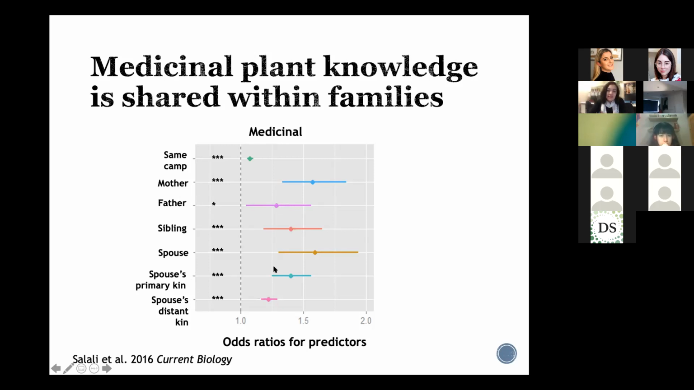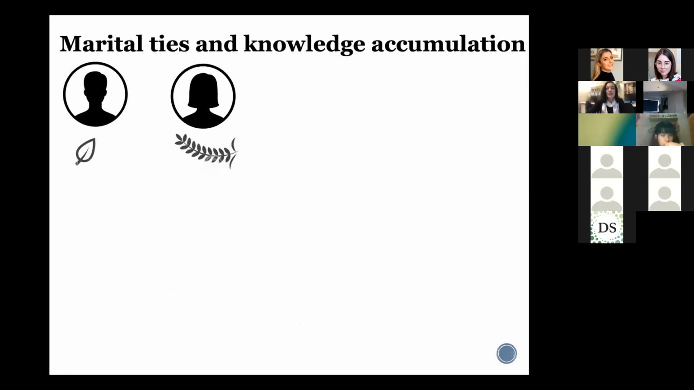So as you can see here, the largest odds was between spouses. So spouses shared a lot of knowledge, and mothers and children, of course. But interestingly, not only spouses, but spouses' primary kin and distant kin as well. So you shared medicinal plant knowledge with your in-laws as well. So based on these results, we suggested that marital ties have been really important in understanding how forest hunter-gatherers